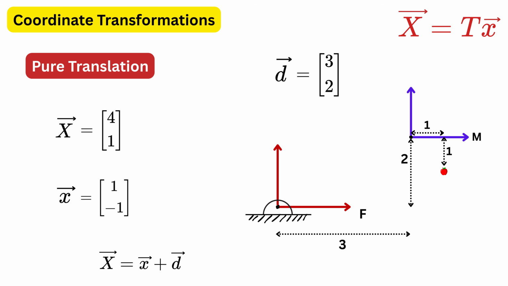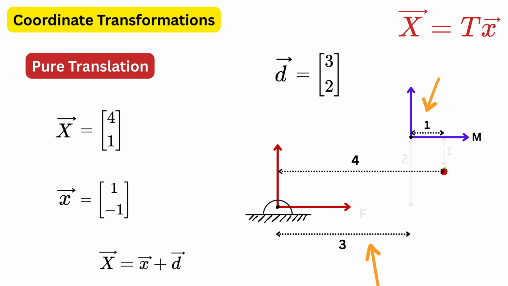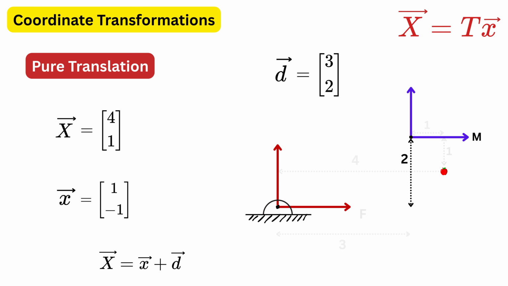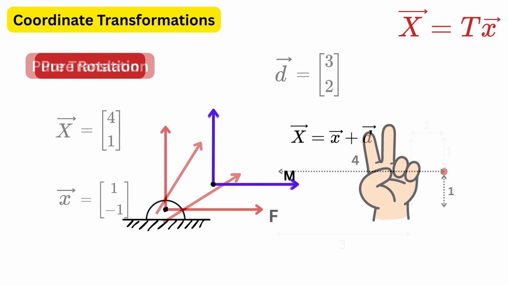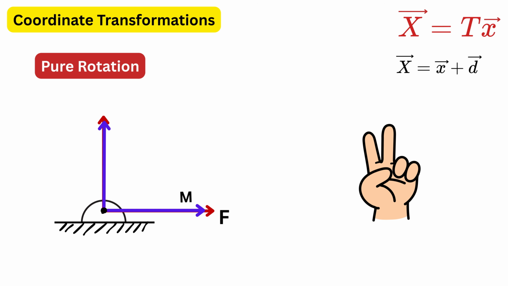We can verify the same visually. This is 3 and this is 1, so this will be 4. Now this is 2 and this is 1, and thus this will also be 1, so its coordinates will be 4 and 1. The second possibility is pure rotation, where the moving frame rotates with respect to the fixed frame,